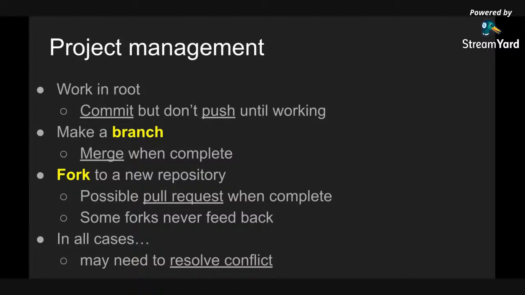Okay, so that's what's meant by branching, where you take your work, your repository, and you make two branches of it, one that's for public use and the other that's for development, and then you merge them usually fairly soon after. The third version is where you want to contribute to a repository that is not yours,